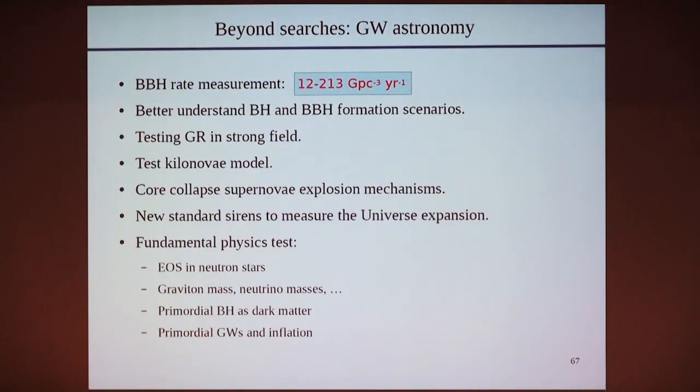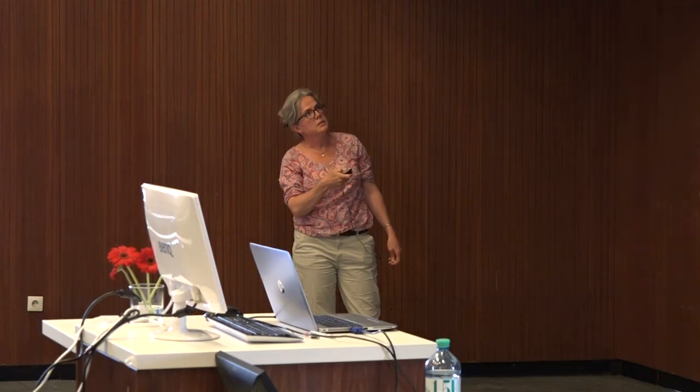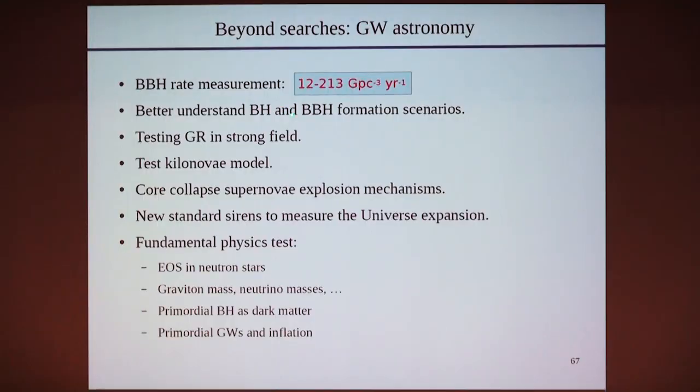I will try to finish with that, and I will skip the other slides. But now that we have events, we can do lots of things, especially astrophysics. The first thing we have done is to measure the rate of binary black hole mergers. This rate is not well estimated, the error bars are quite large, but it's the first time we are able to measure it. It's the first measurement so far. It's very important. And we have measured another thing which was very important and very surprising: